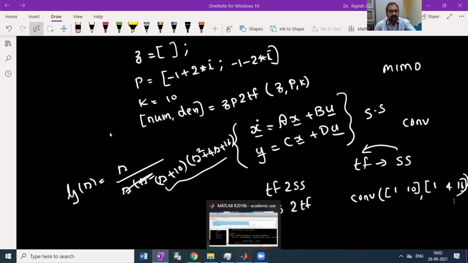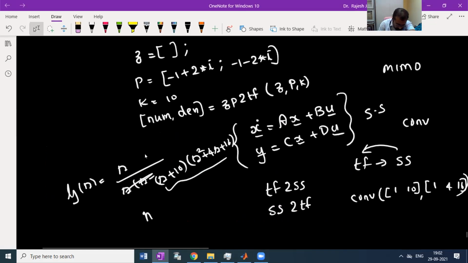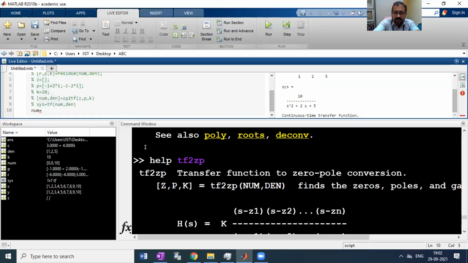Okay, so let me define that here. Our numerator num was how much? Num was s. So what will be our numerator here? Our numerator will be 1 space 0, because the coefficient of s is 1 and the coefficient of the constant term is missing, so that means it will be 0. So we can enter our numerator as 1 space 0. Then we can write our denominator as convolution of,